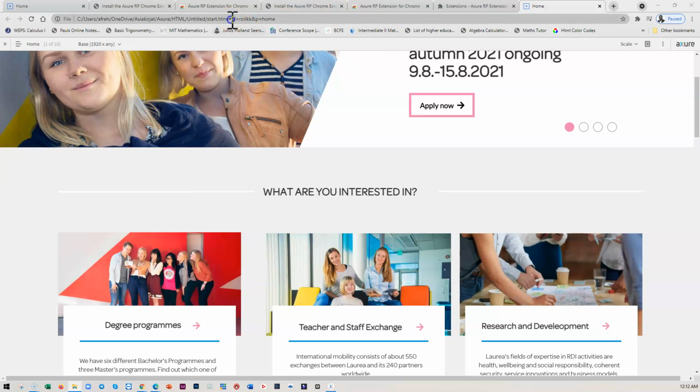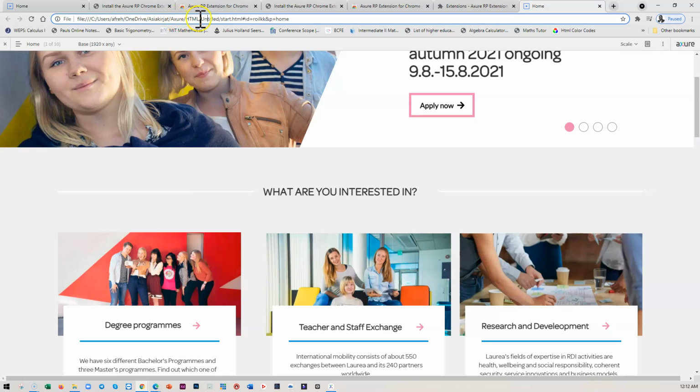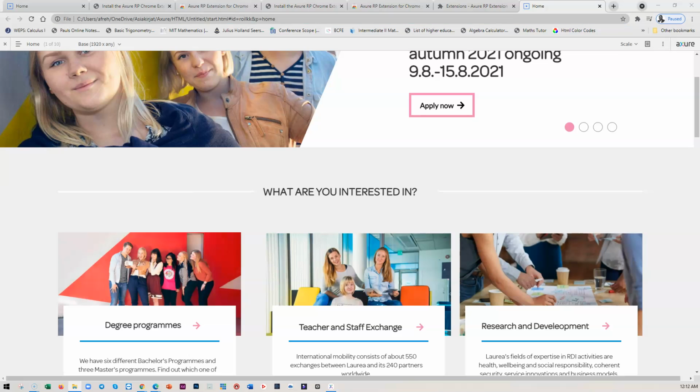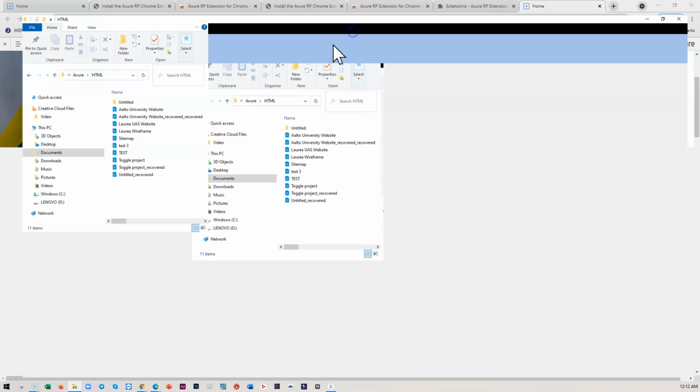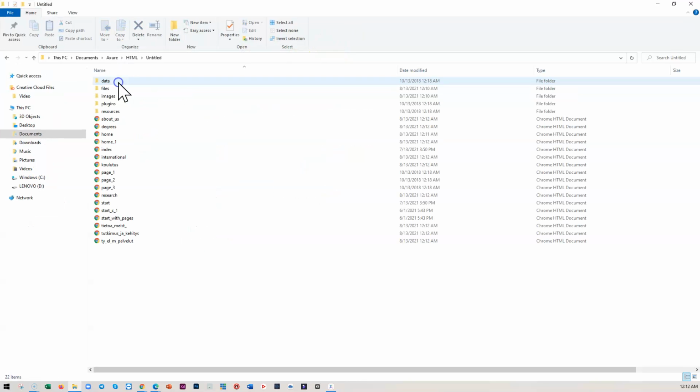I could actually copy this side, or just go to my documents and then actual HTML. So here on my desktop I see this, and if I click here,